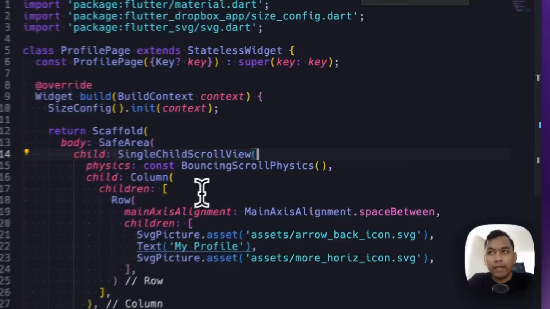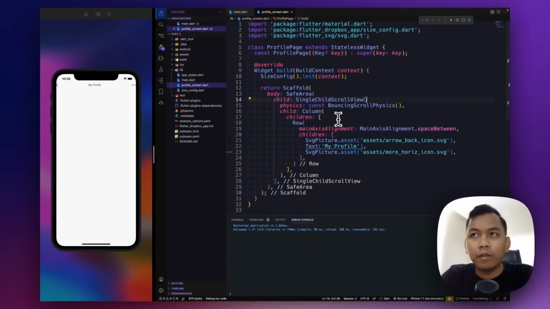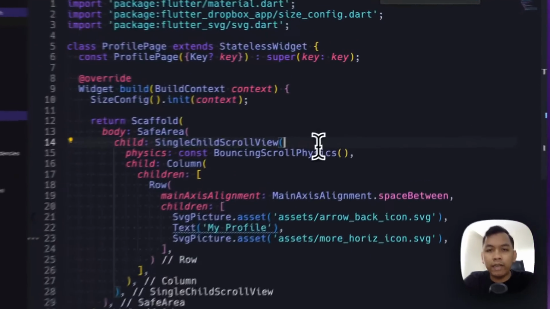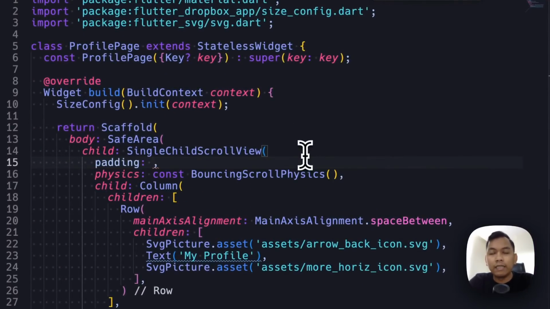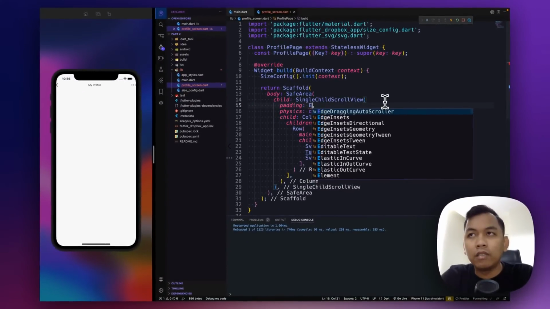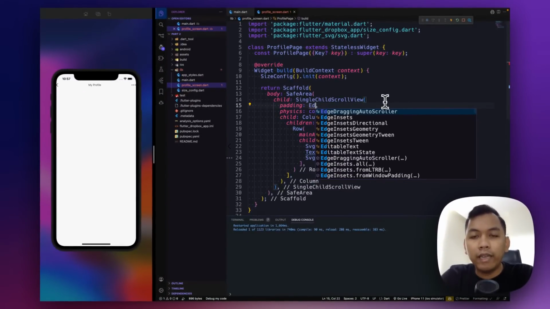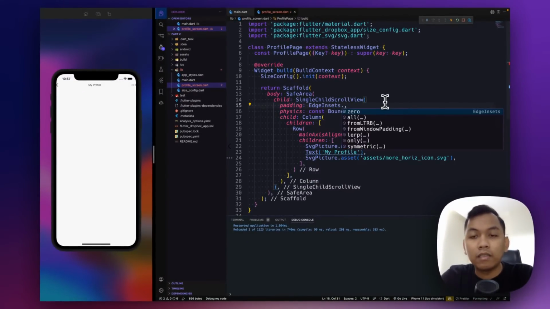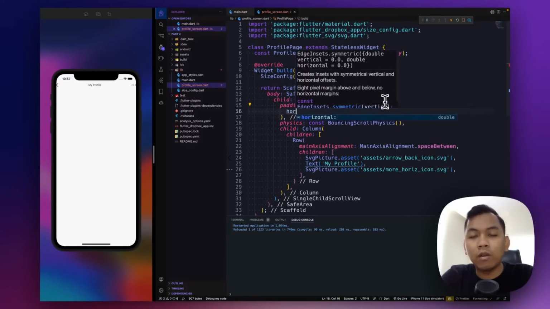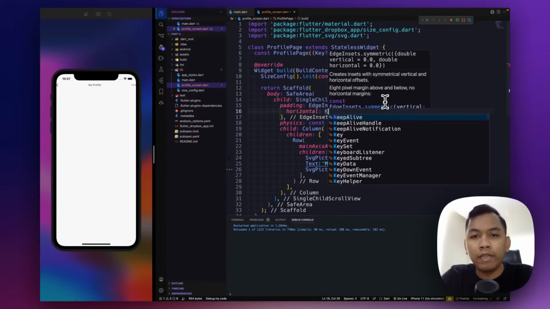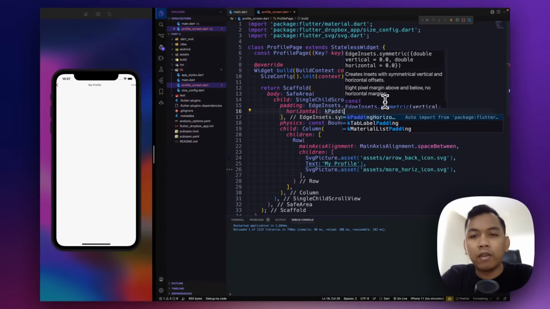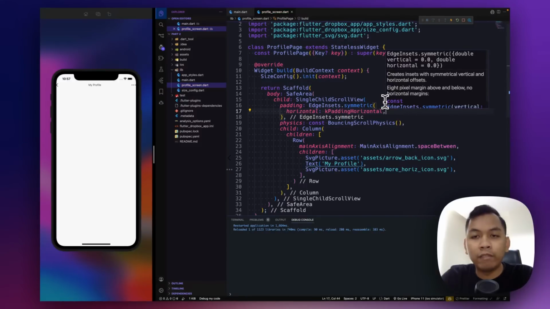Alright, and the next step, we need to go into single child scroll view. We need to set padding to be edge insets symmetric. We will set horizontal value to be kPaddingHorizontal that we have declared in app style. Alright, that works.